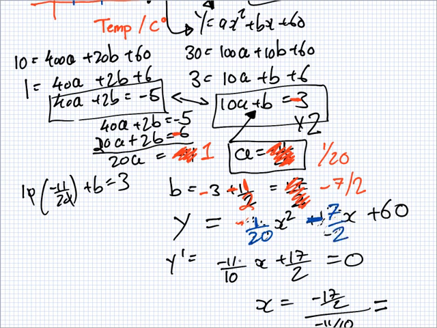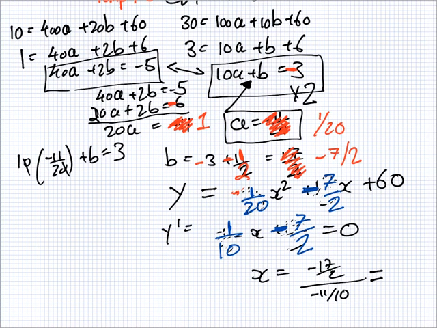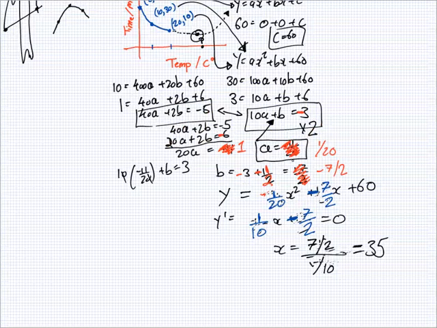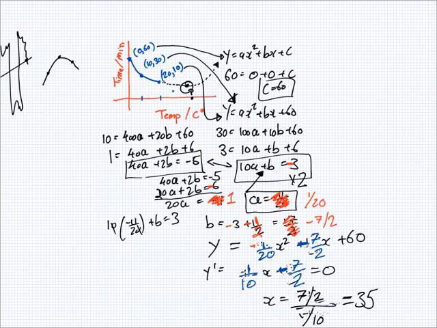So the derivative now, what will that be? 1 over 10, isn't it? Yeah. And then this one here, minus minus 7, 7 over 2. So my x instead will be 7 over 2 over 1 over 10. What's that? 35. Okay, so what we're saying is if we go back to the graph, the minimum happens here